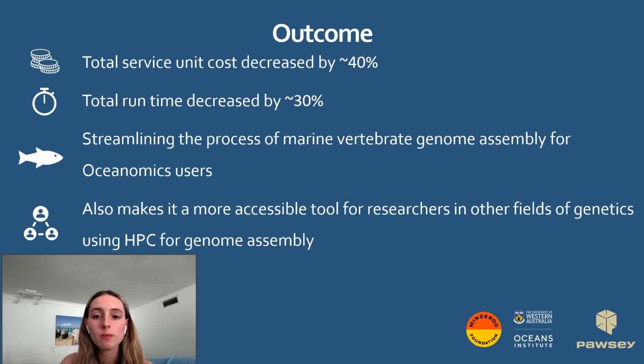So this code optimization will speed up this step in reference genome curation for Oceanomics users, therefore streamlining the overall process of creating marine genomes for biodiversity monitoring. It also opens up the use of Diploidocus to researchers using high-performance computing to construct diploid genome assemblies in other fields of genomics, such as agriculture or conservation, since they will be able to use it more easily on high-performance computing now. Overall, this was a very valuable and interesting process that I'm so glad I got to be a